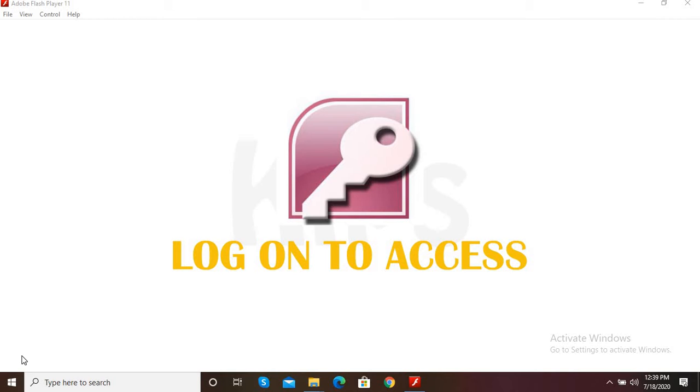First we see what is meant by Microsoft Access, and in that the main part is database. So first we see what is meant by database. A database is an organized and structured set of related data.